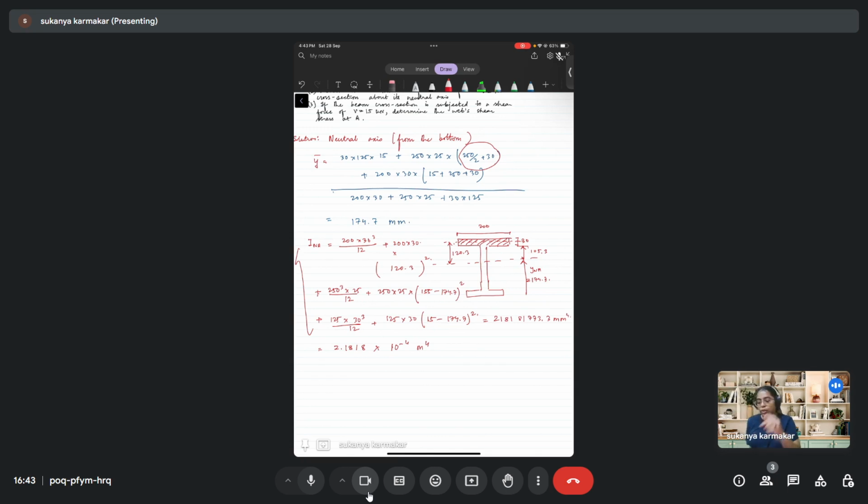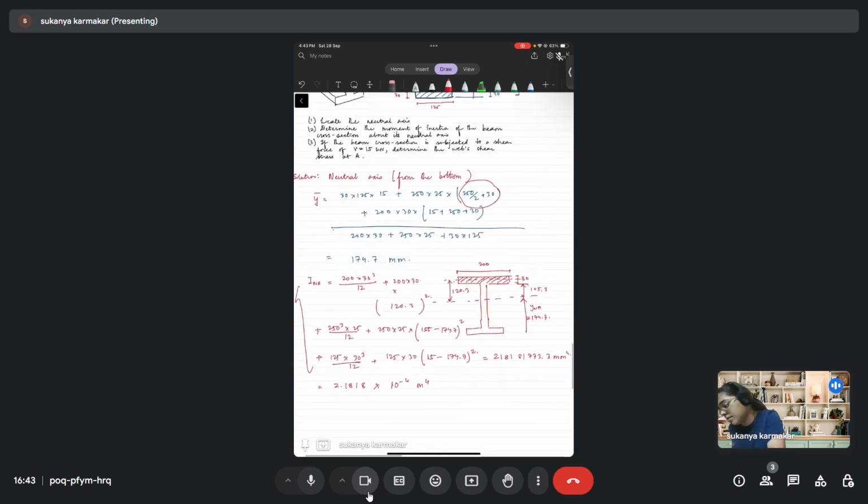Okay, so the first part is done. You located the neutral axis. Then the second part is done, that you determine the moment of inertia of the beam cross section about its